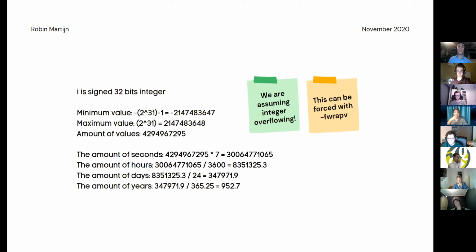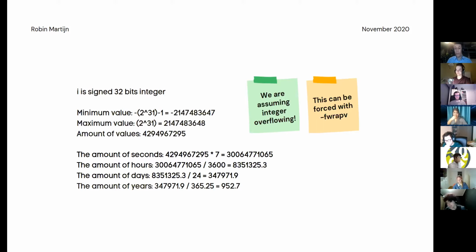So i is a signed 32-bit integer. That isn't the case in any situation. You could, of course, compile this on an older computer or a computer with another type of GCC, and then it won't work, but we're assuming 32 bits right now. We're also assuming integer overflow, which is a very important part of the solution, because right now we're starting with the situation i is 0, and we're immediately going down. So the first thing we saw was that i went to -1. And now we're counting down every time. We're sleeping 7 seconds, we're decrementing 1 from i, and we're going to the minimum value.